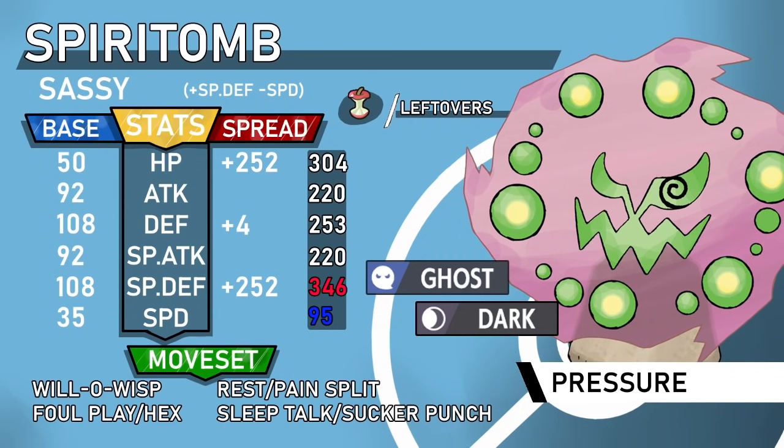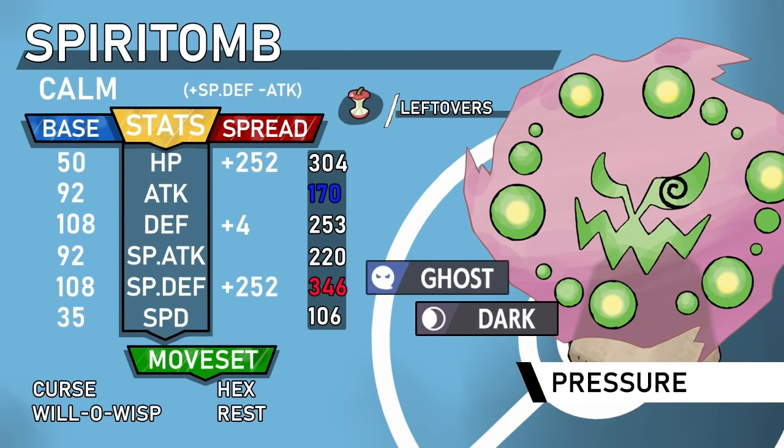And the last set is also a fun set that I used to use back in the day too, which is Curse Spiritomb. Now, when other Pokemon besides Ghost go for Curse, they get minus speed, +1 attack, +1 defense. When Ghost types go for Curse, they lose half of their HP, and they basically are taking 25% of the opponent's HP at the end of every turn. So it's a